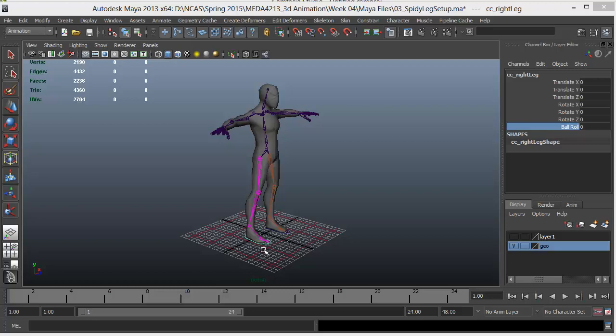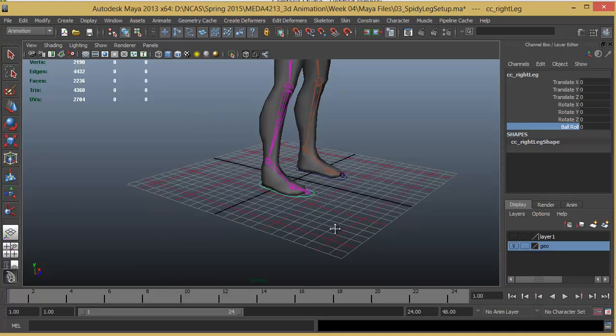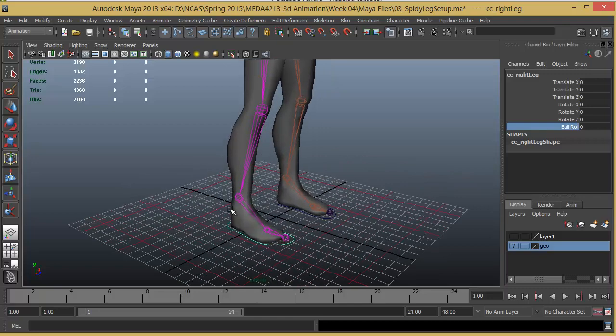So in this lesson we will see how we can create the leg controls. We will also create a control curve to control the complete leg, and we will add a custom attribute to create set driven keys in order to control the leg's movement. We will have reverse foot locks, extra joints, which we will use to control the leg in the way we